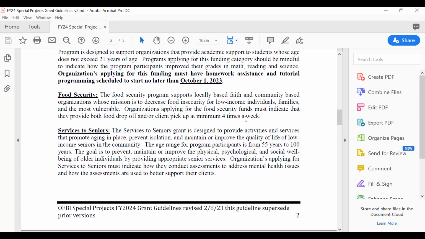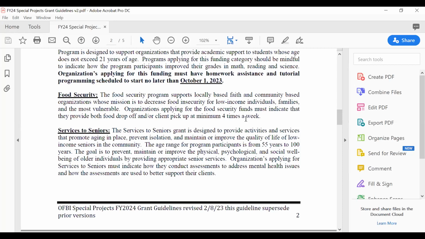Not that you're all of a sudden going to do this because your small radius of 5 blocks is in need of food. There's probably other food opportunities in the local area. And so we're looking for organizations that have existing food security programs in place, and our funding will be used to supplement what they're currently doing, all right?